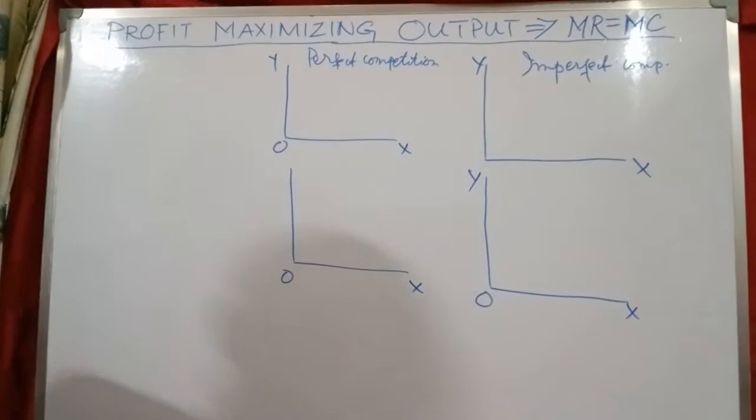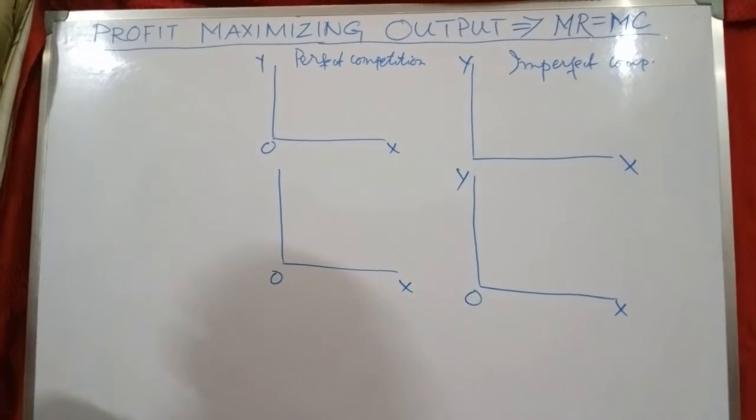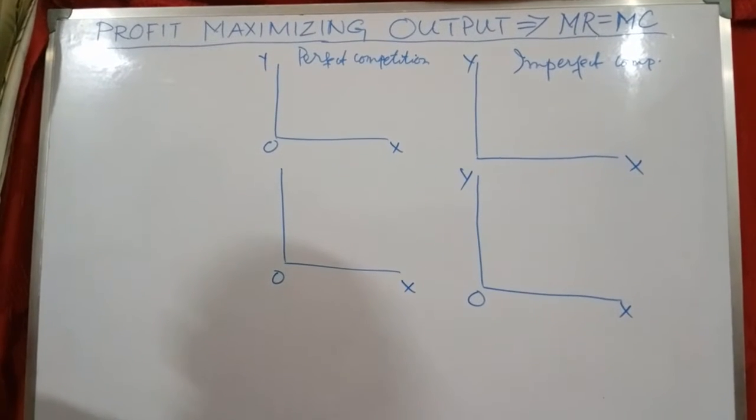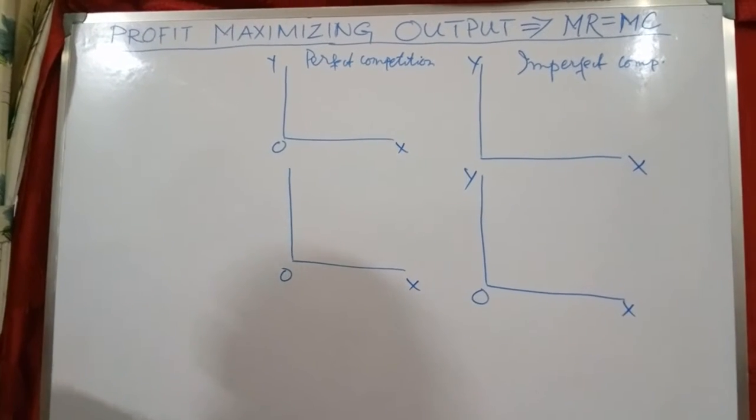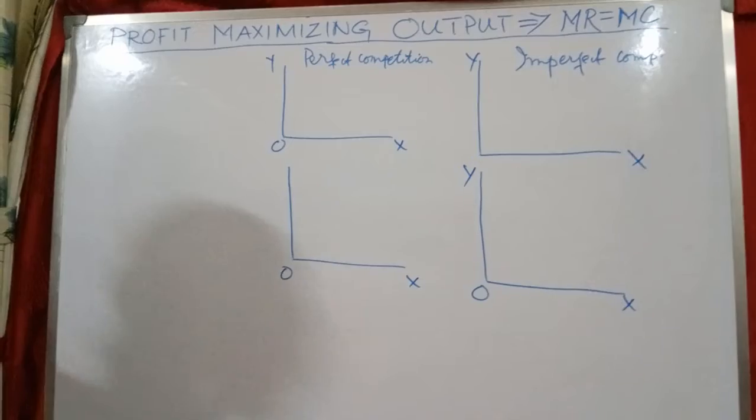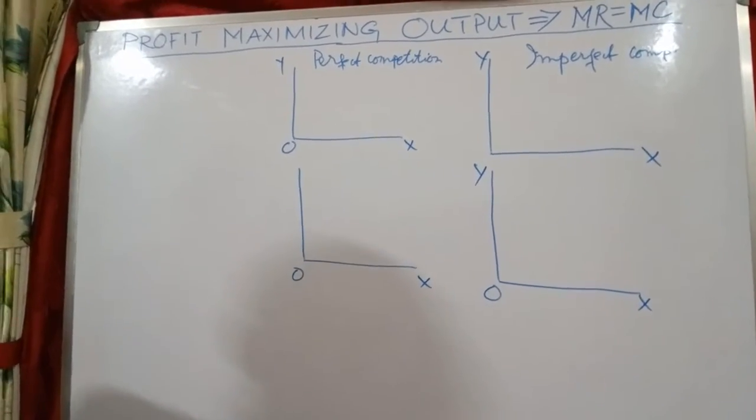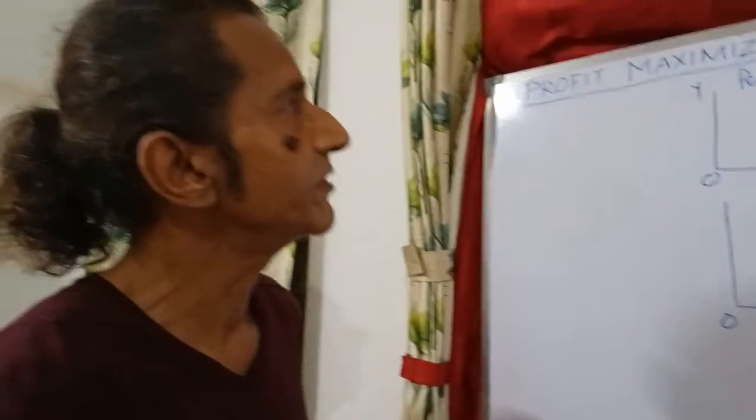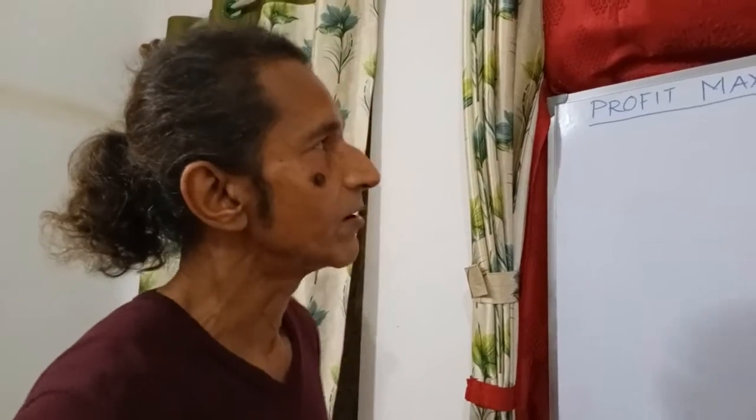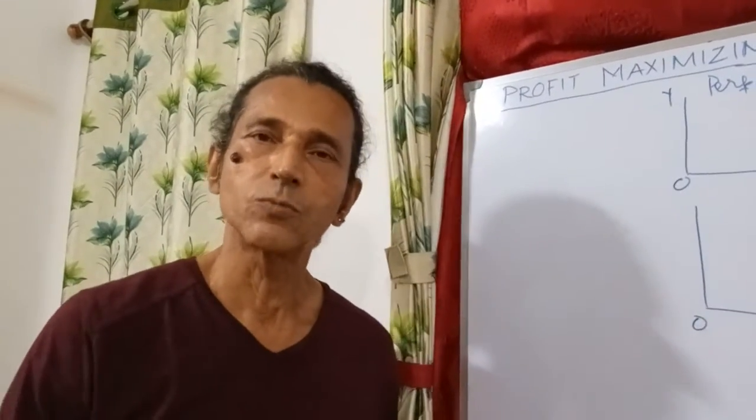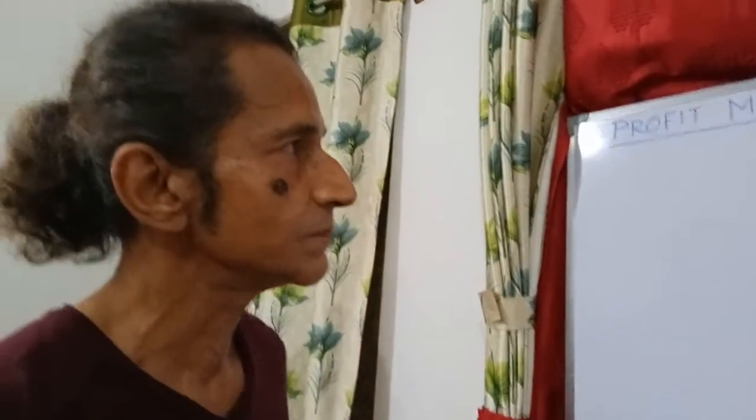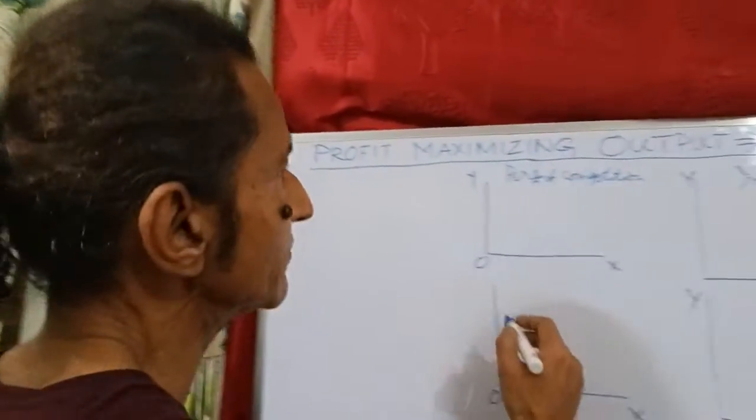In a perfectly competitive firm, the firm is a price taker. That is, the price is given. The price is fixed in the industry by the demand supply condition, and that price is accepted by every perfectly competitive firm, and according to their cost condition they determine what output they will produce. Right? So in a perfectly competitive firm,